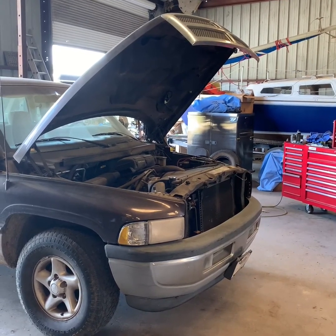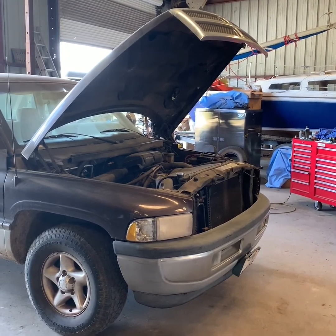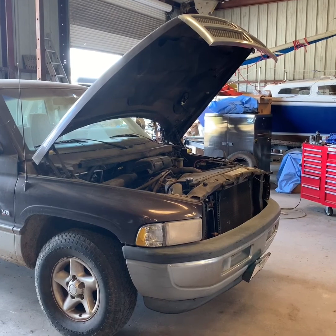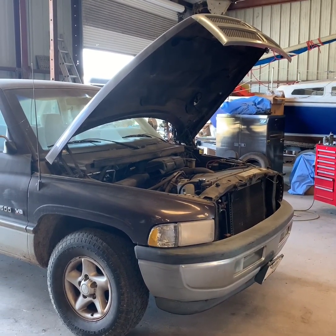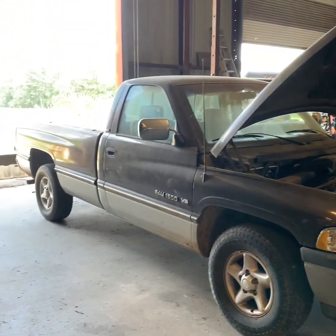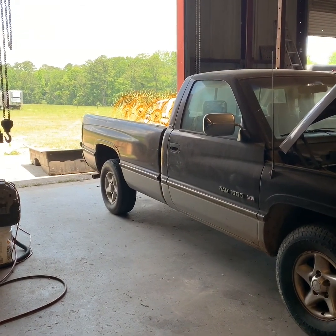Today we have a 1997 Dodge Ram 1500 pickup. This thing will turn over, but it won't start, and I have determined that the fuel pump is not operating. So I'm going to show you how to lift up the rear truck bed so we can gain access to